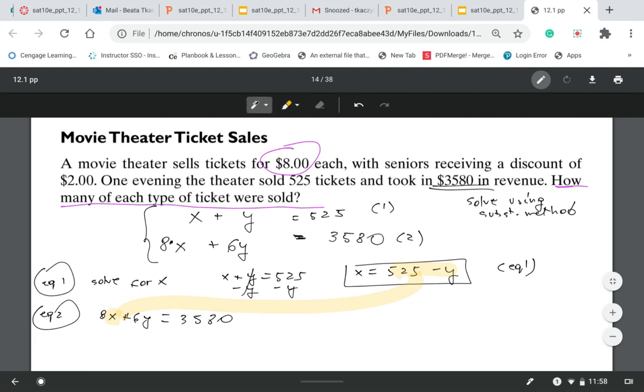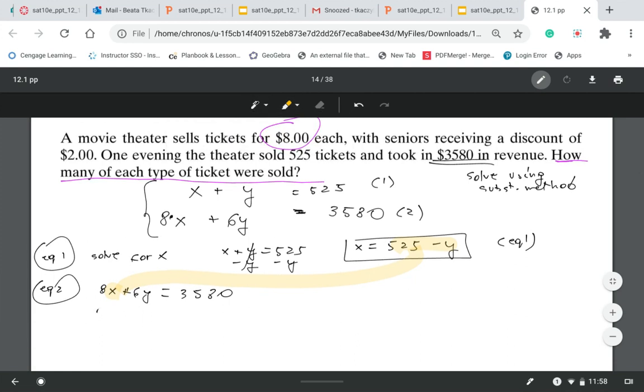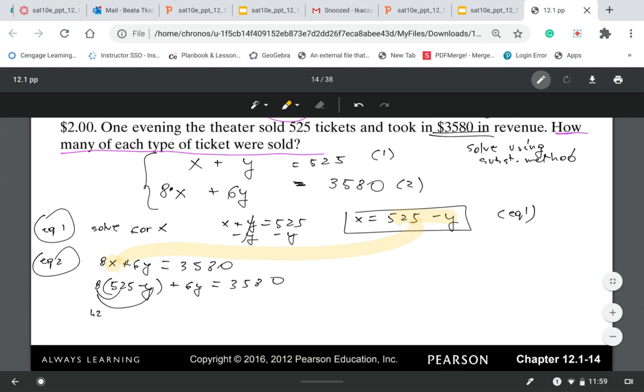Okay, so that will give us 8 times (525 minus y) plus 6y equal 3,580. Distribute 8 to both. So we have 8 times 525, which is 4,200, minus 8y plus 6y equal 3,580. So that will give us, I will subtract 4,200 from both sides,